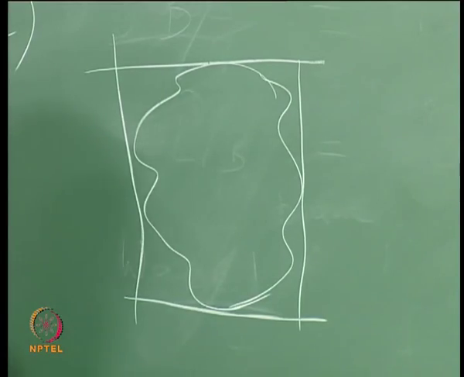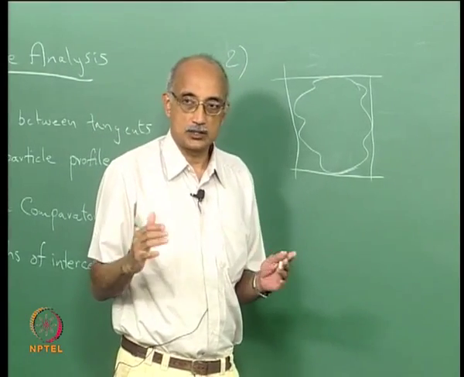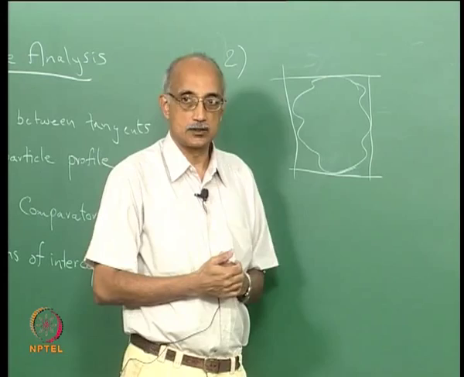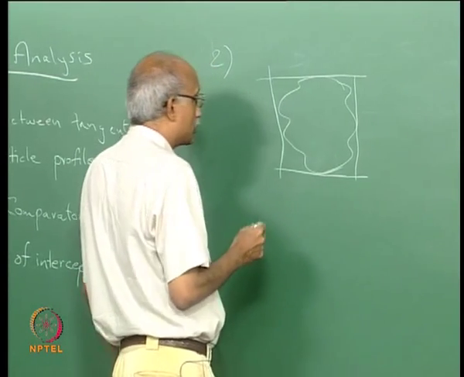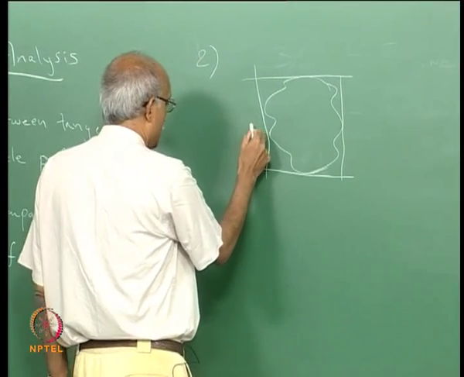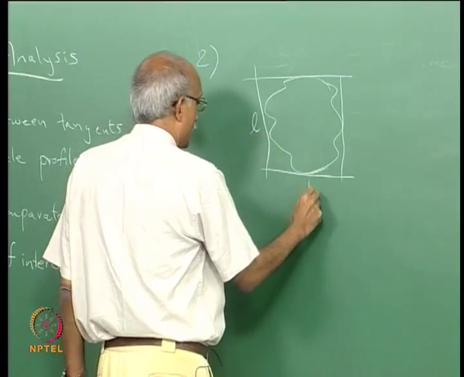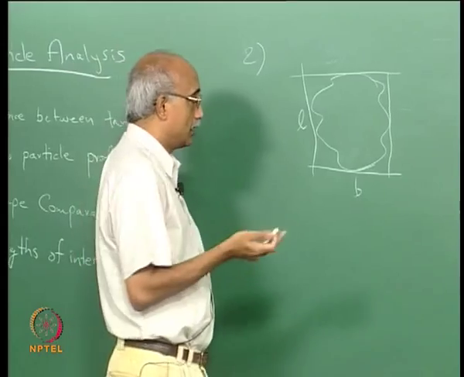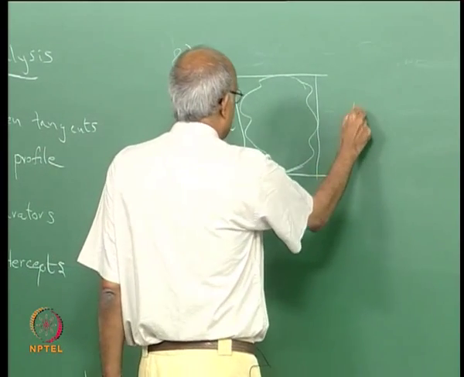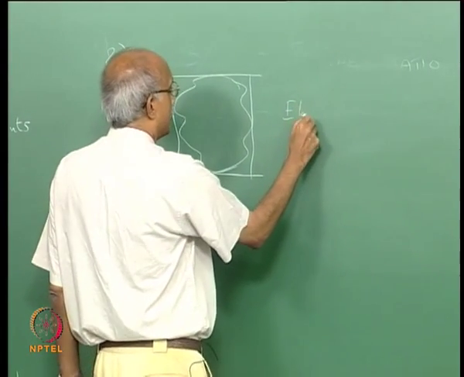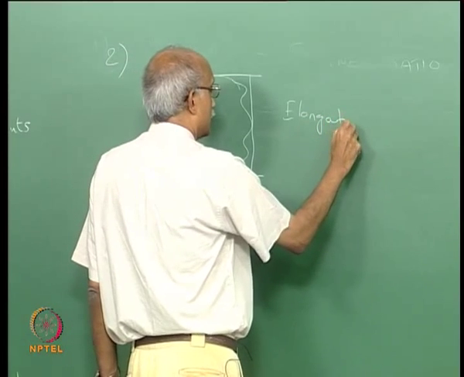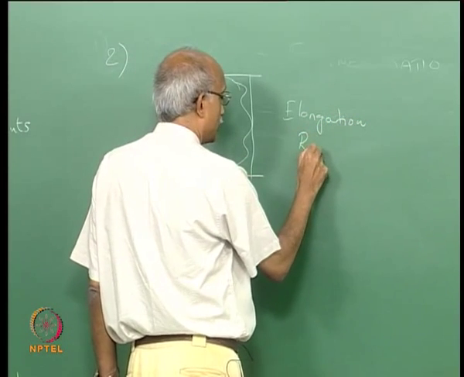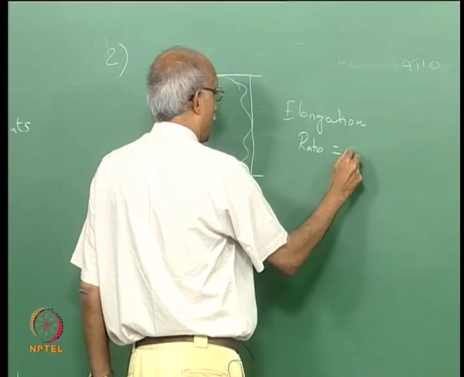So, it will be the rectangle with the smallest dimensions that could completely encompass the object, and he would call the longer dimension here as L and the shorter dimension as B, and he would then define an elongation ratio for the particle as simply